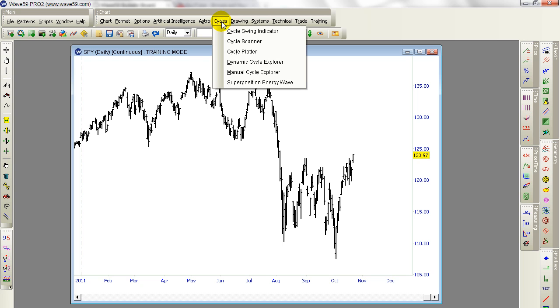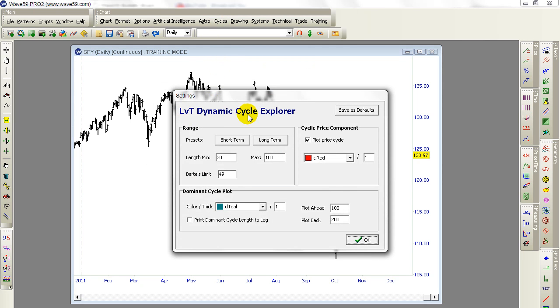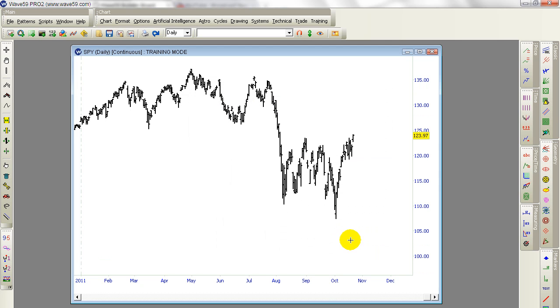What you do is open the standard cycles toolbox, pull up the dynamic cycle explorer, and I will not change anything here. Just press OK using the standard parameters that you see. There's no trick behind it, no special setting or whatsoever. This is pure standard setting. If I align this to the major low, as you did in the forum here, mid-March,